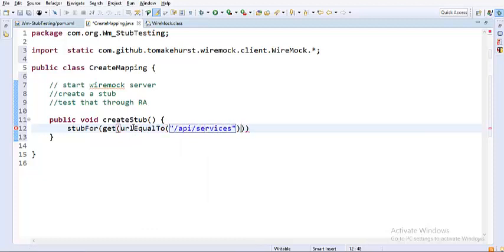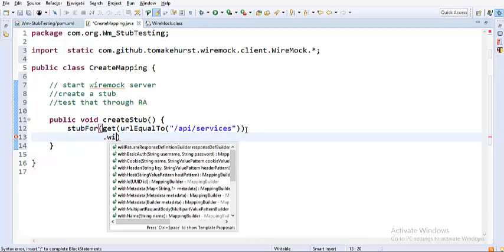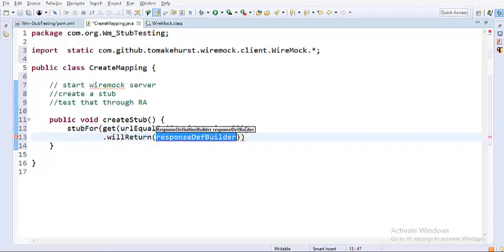So when I'm creating a stub and the method is get and the endpoint is this one, it will return a response.